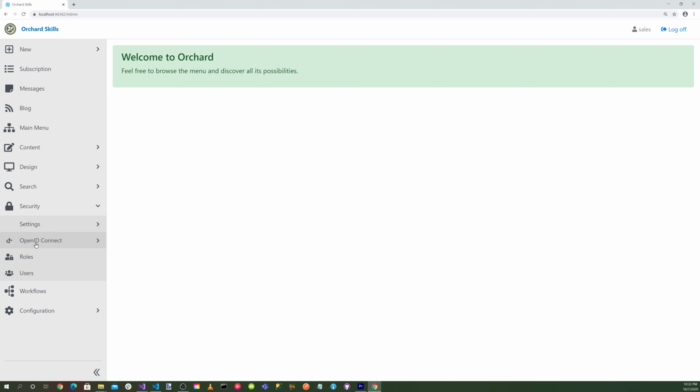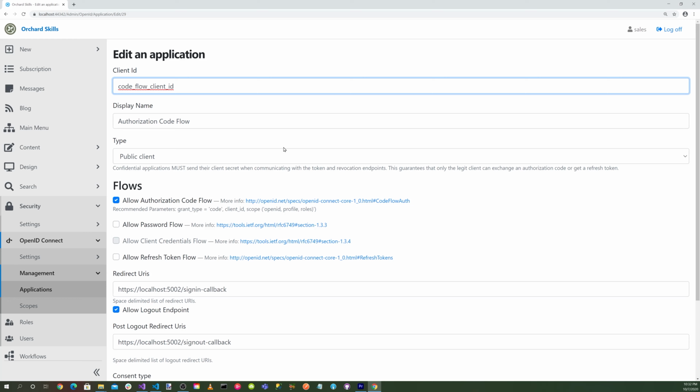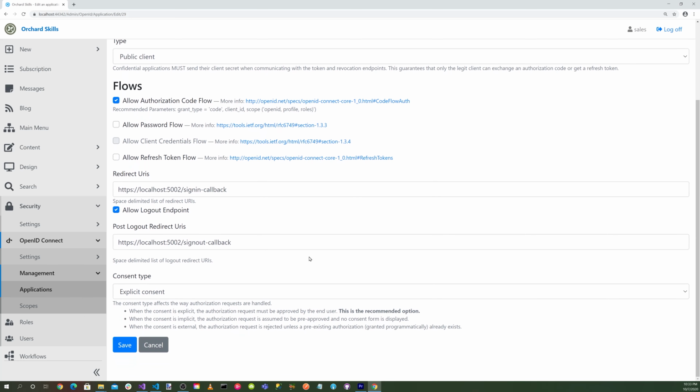And you can see here we have an OpenID Connect. Let's go to management, applications, and you can see we have an authorization code flow. So let's edit that. And we have our client ID, which is our code flow client ID, our display name, which is our authorization code flow, our type, which is a public client, and then we have our flow is allow authorization code flow. And then we have our redirect URIs, which is localhost